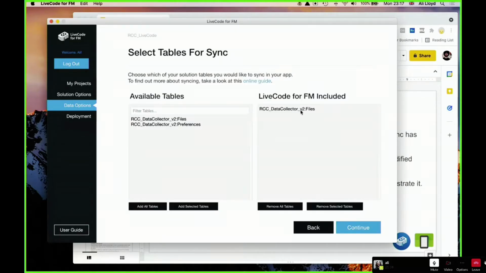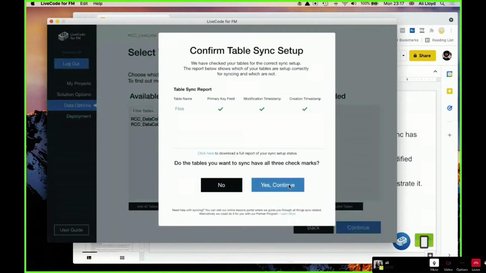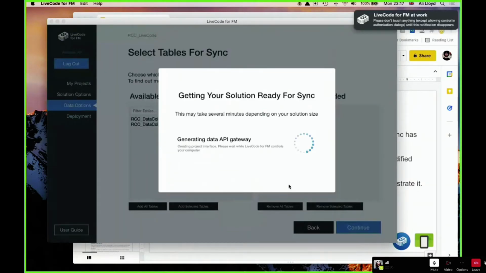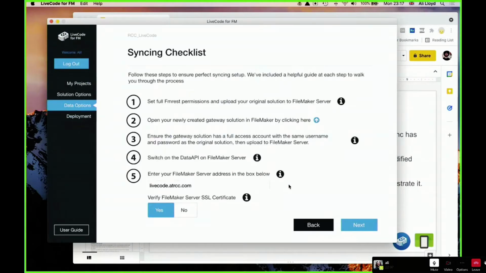Okay, so we're just syncing the files table. Sync setup fine. Now I had already generated the gateway solution, so that's why it skipped past that.